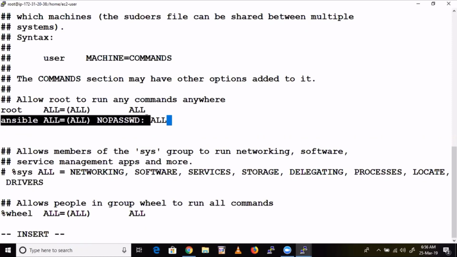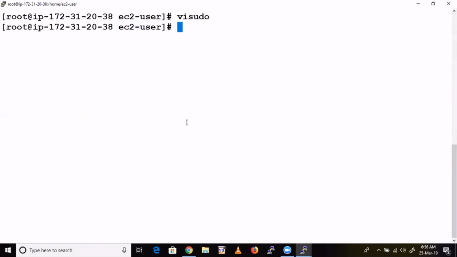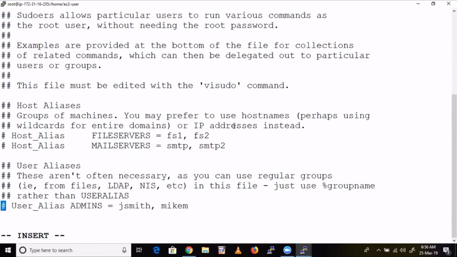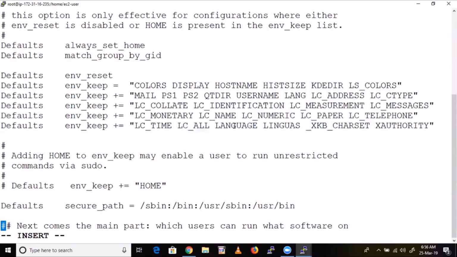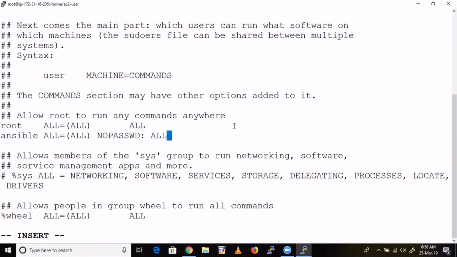Let me copy this one because I'm going to run it in that machine as well. Now do the same thing in the third machine as well. visudo. Ansible ALL NOPASSWD. Fine. Come out.